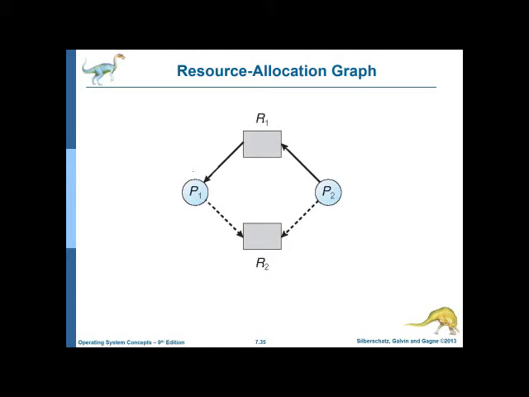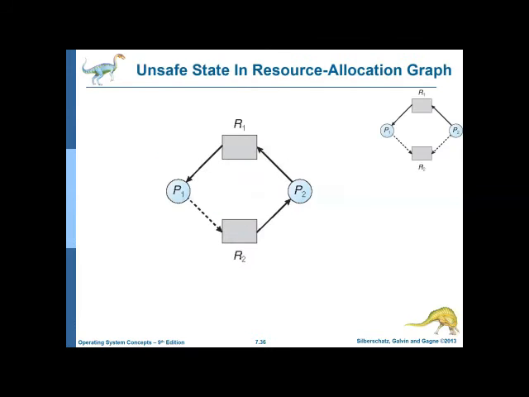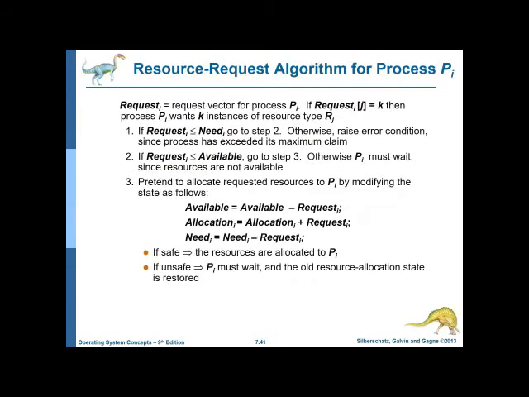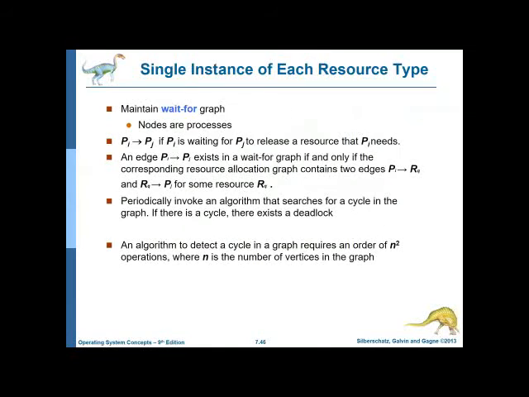This is an example of a resource allocation graph, where you remember you had some square or rectangle-like structures which represent the resources, and we have circular entities known as processes, and we have different types of edges, that is, whether it is holding the resource, claiming the resource, or requesting a resource. Based on this resource allocation graph, we are going to look into deadlock detection as one of the methods.